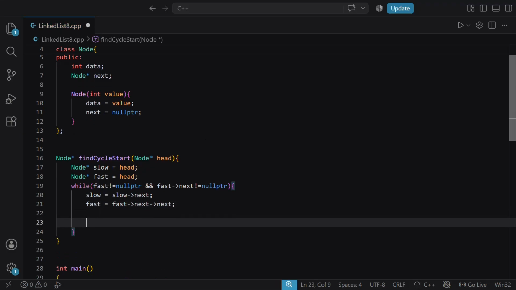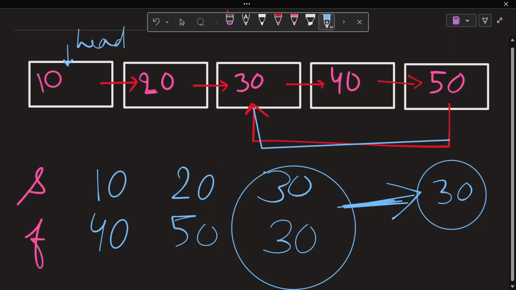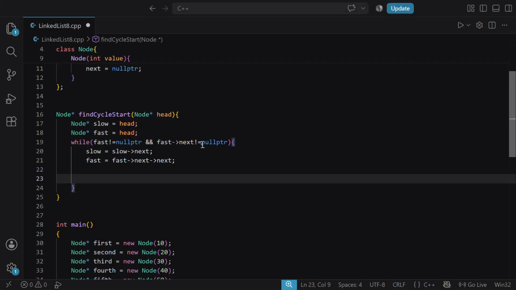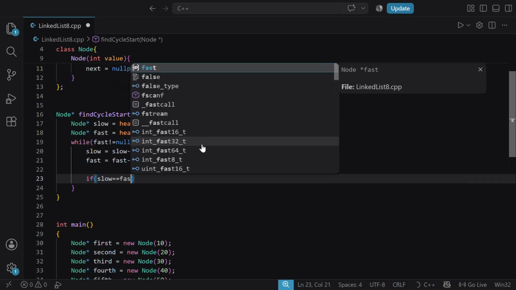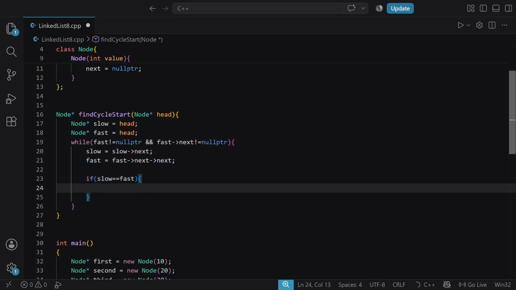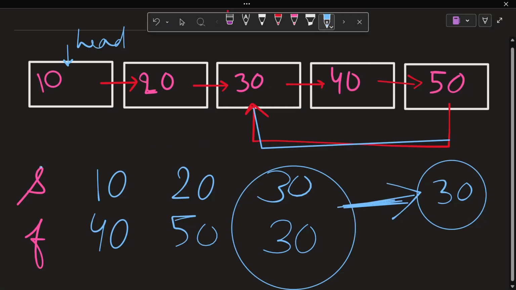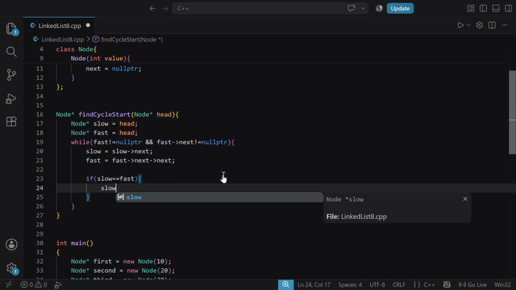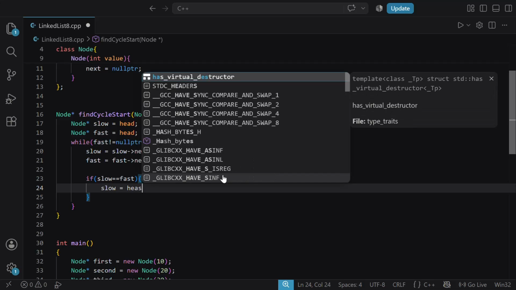Now after this our condition will be if both are equal, because we know the cycle exists only when both will be equal. So we'll put if slow is equal to fast. Then what we have to do, we made slow as our head. So slow will be head,